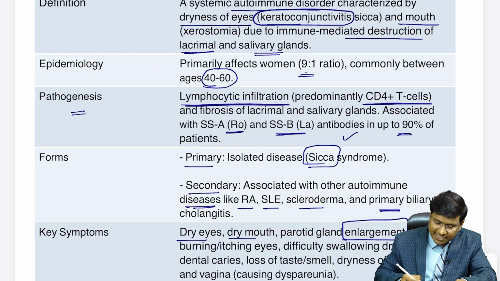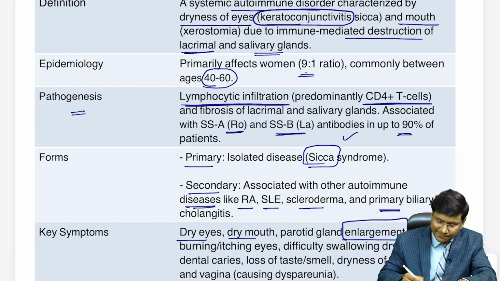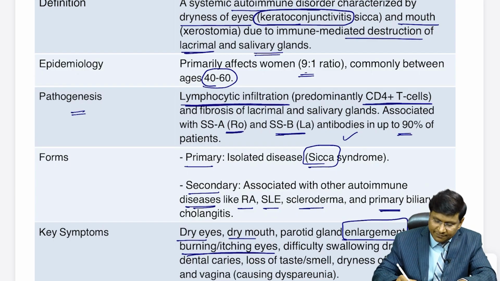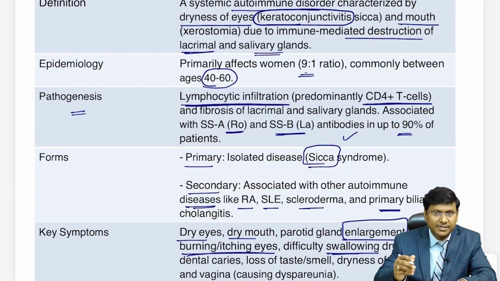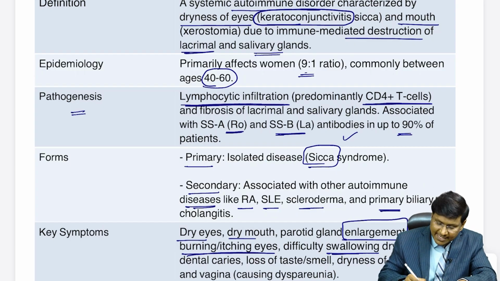And parotid gland enlargement is observed in almost 50% of patients. Now because of the dry eyes, these patients will have a burning or itching sensation within the eyes. And these patients also have difficulty in swallowing dry food, and that is mainly because of the dryness of the mouth. And these patients will have dental caries because there is no salivary secretion, loss of taste and